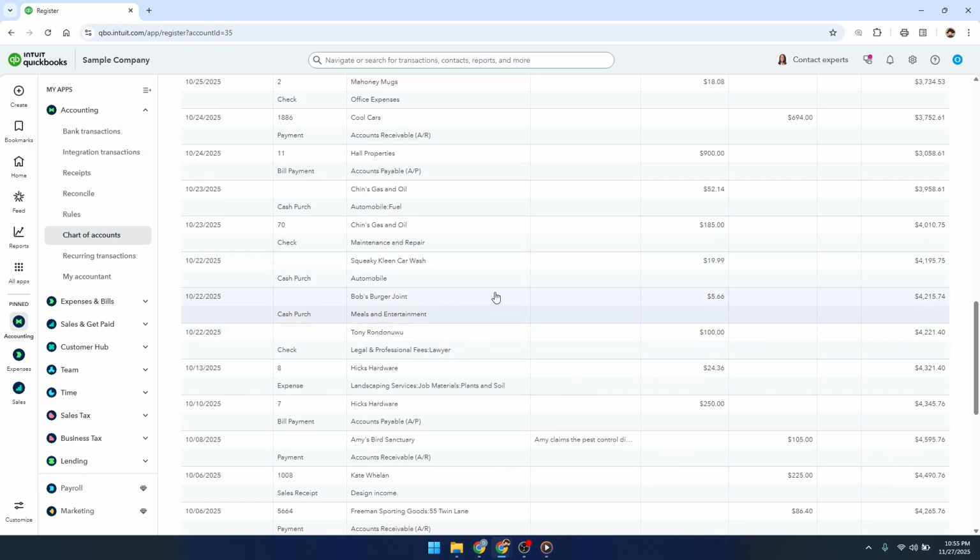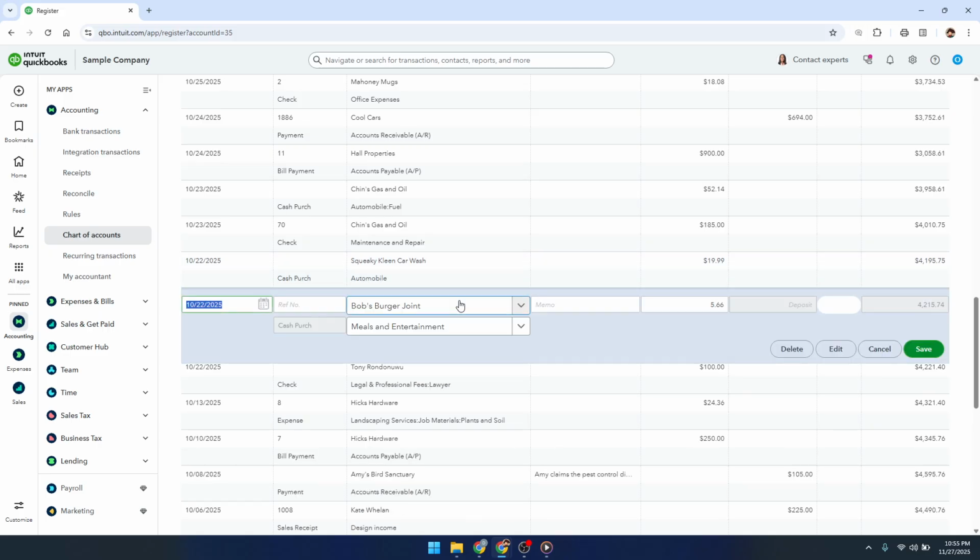Here's a very important tip. Avoid deleting any transactions that have already been matched to an online banking entry. In QuickBooks, these are often indicated by a green square or the letter R in the checkmark column. Those markings mean the transaction has cleared and been reconciled. Deleting reconciled transactions can throw off your balances and create more work later, so only remove entries you're confident are